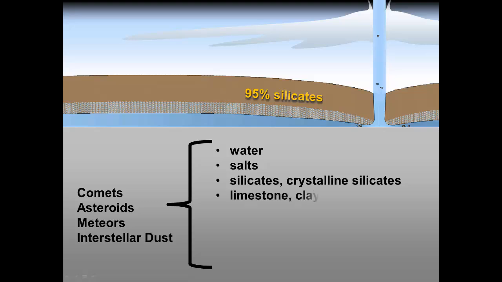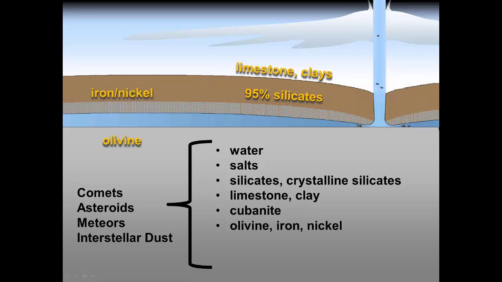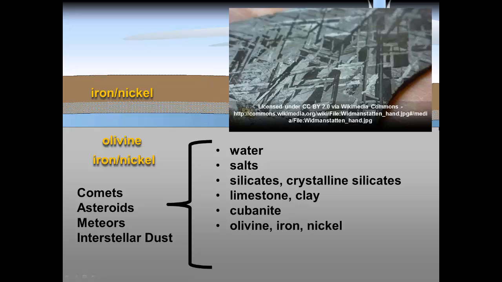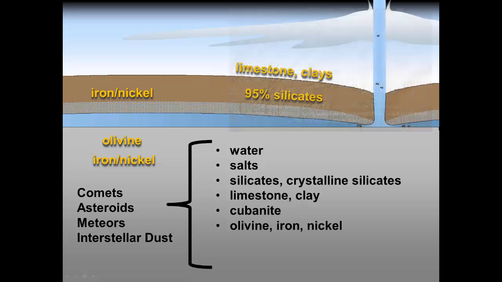Limestone and clays are found which require a body of liquid water to form. In 2011, the mineral cubanite was reported in Comet Wild 2. Cubanite only forms in scalding hot water between 122 and 392 degrees Fahrenheit, but comets do not reach these temperatures even at their cores. Comets, asteroids, and meteors contain olivine, which is a common mineral of Earth's crust and mantle. Olivine is also concentrated with iron-nickel in some meteors. Iron-nickel alloys found in meteors contain the unique Widmanstätten pattern, which again means the material formed under uniform temperatures of at least 1300 degrees Fahrenheit. The conditions in the Great Deep easily explain these surprising findings.